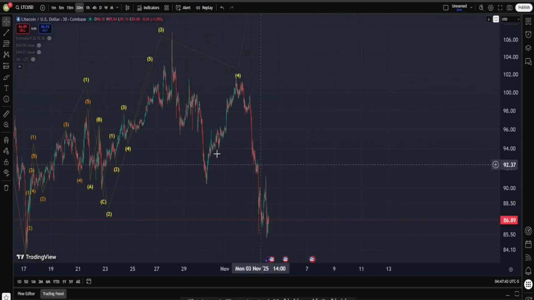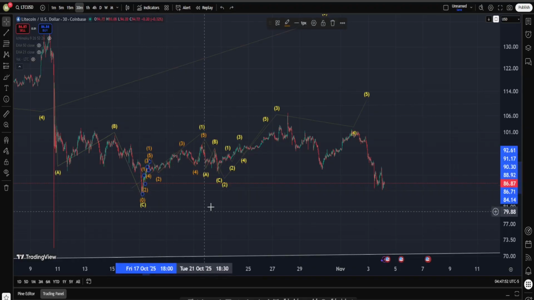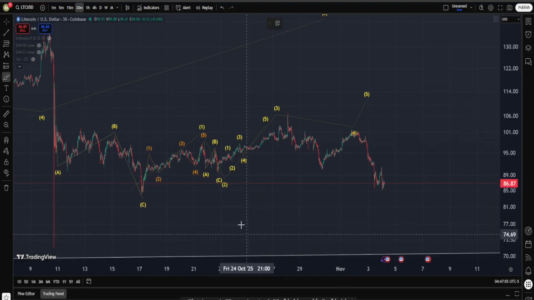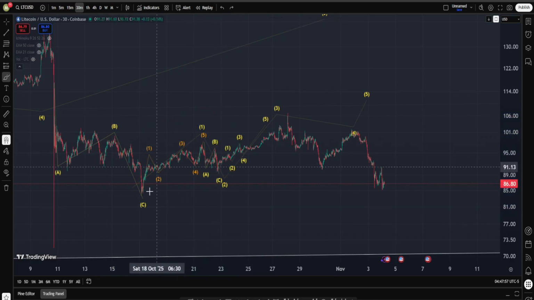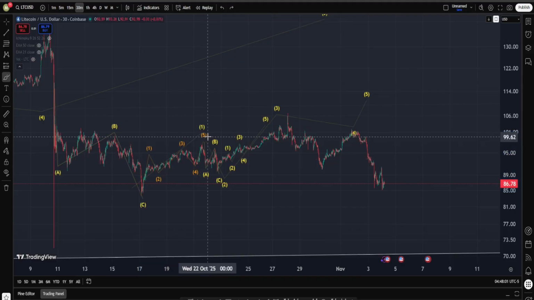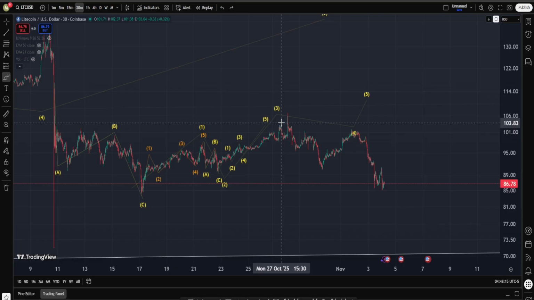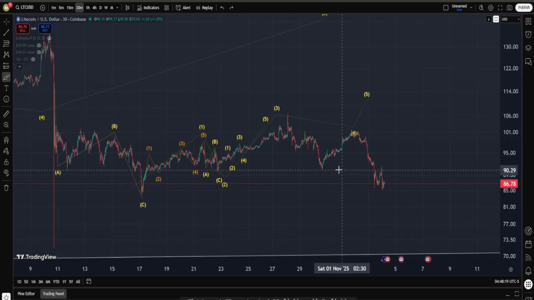Now, first things first, let's go on some lower time frames and see what is going on. If you remember the last time that we talked about LTC, we were right around this area, and the idea was that there's a very good argument to be made for this initial phase up right in here to be in the form of, you know it, a 1 2 3 4 5 wave followed by an ABC down. And I was like, well, okay, probably from here our move up in LTC is going to continue, but soon I think I specifically said when we get to about 1.5, even potentially 1.10, you should expect a move down.